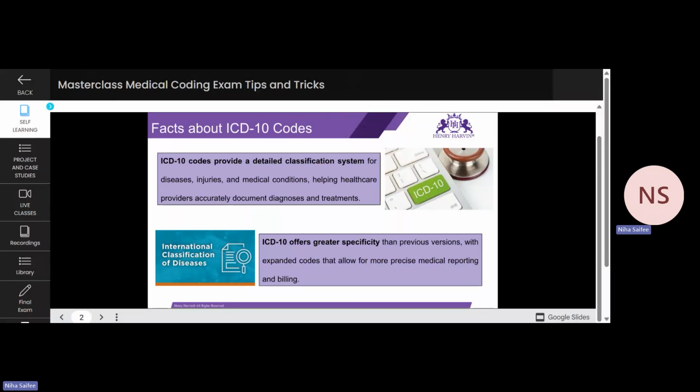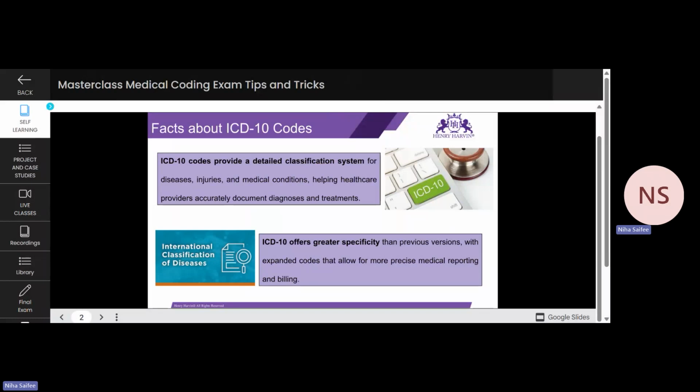So if I have a patient with hypertension, I know what hypertension is. I understand what the diagnosis is. So where am I going to look? I'm going to look into the cardiovascular chapter, right? If there is a renal disease associated with hypertension, then which is more important? Where am I going to look? I'm going to look into hypertension, but I'm going to also look into the code which mentions both hypertension and